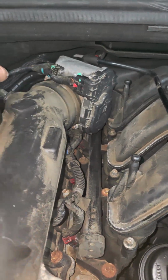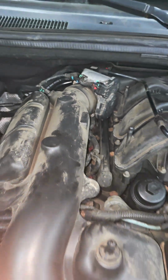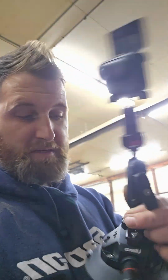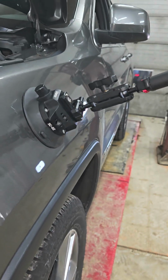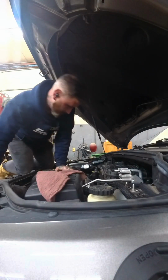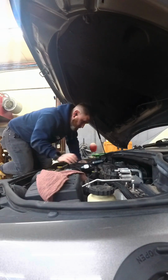Let's see if I can get to the back of this bell housing, which I'm gonna have to climb up in this engine bay. So I'm gonna use my Insta360 with my Ulanzi mount that suction cups pretty hard to anything to give you guys that shot. As you guys can see, it's set up right here. Let's jump up in here and we're gonna see what we can see